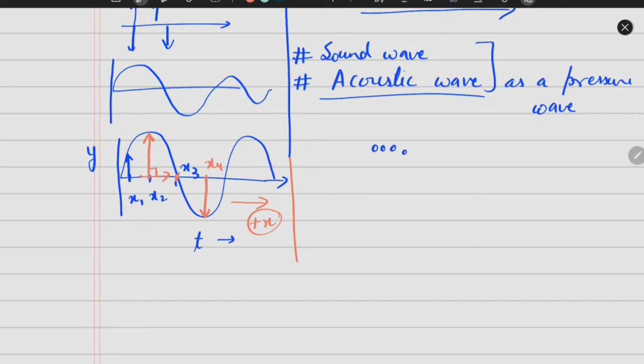These are the air molecules, air particles, water vapors, whatever is present in our atmosphere. So this is the compression, and then rarefaction,